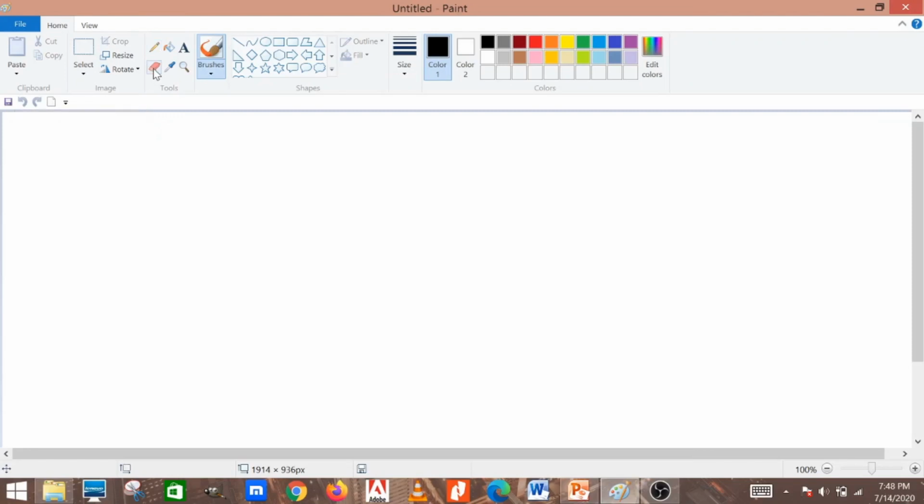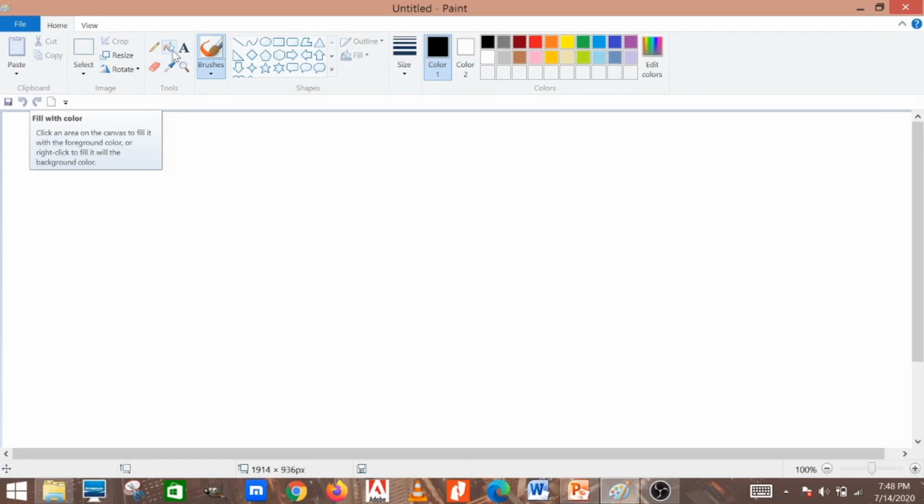Now this is the eraser. You can see from the picture it looks like an eraser. It erases a part of the picture and replaces it with the background color. Now you can see fill with color.